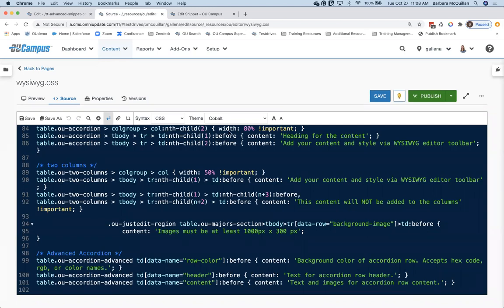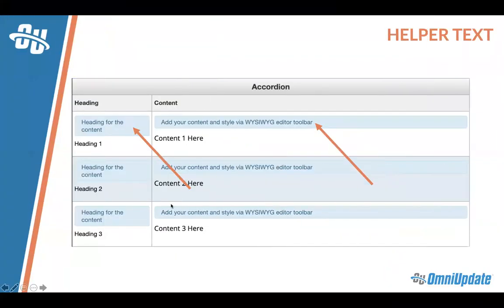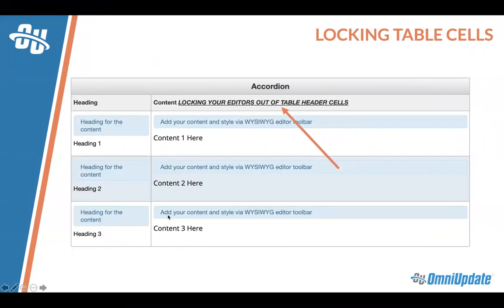Okay, so that in a nutshell is how we're able to get some of that helper text onto our different table transformation snippets. Let's take a look at this next option, which is locking table cells. I don't know if it's ever happened to you, but I've definitely had times where I thought my cursor was in the right place, but it was actually in one of these table headers or the caption across the top, or I was in a table cell where the XSL wasn't pulling information in. And now I'm editing that cell without getting the output that I was hoping for.